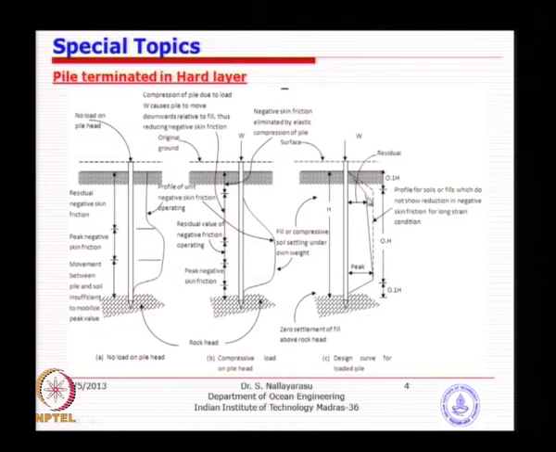So, increasing effect, and then probably the effect is not much after a certain depth, and then going to not much effect because the pile's relative movement is very less, because the pile is almost fixed to the hard ground. So, this is a kind of assumption that we will normally need to make during the evaluation